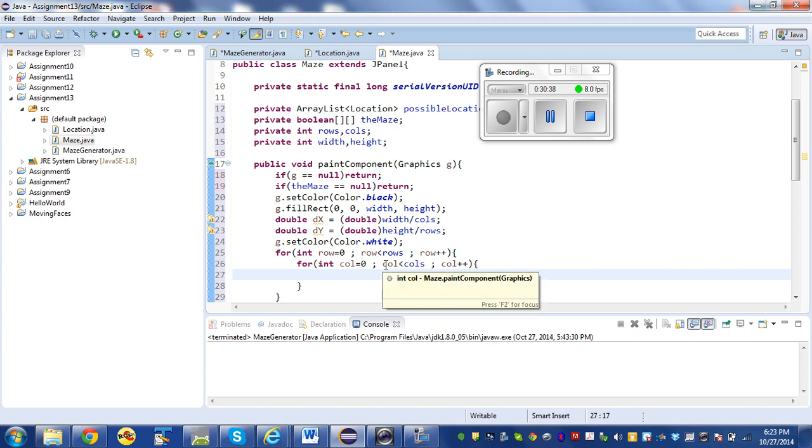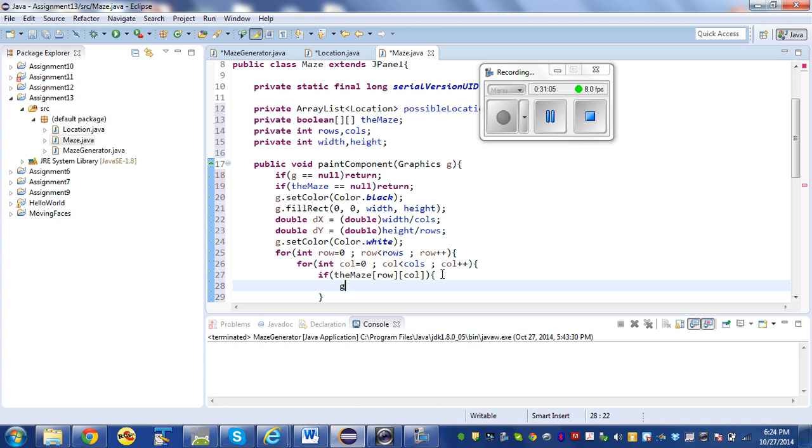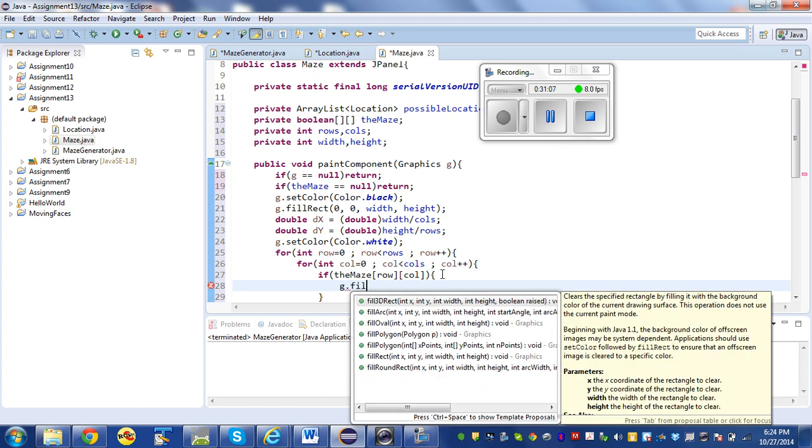And so now I can say if the maze sub row, col, then g dot fill rect,